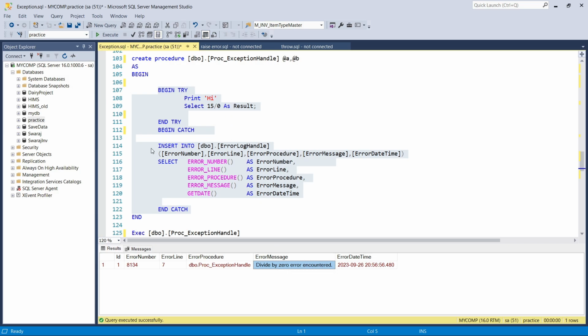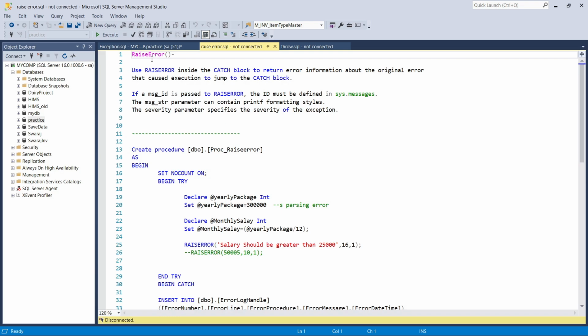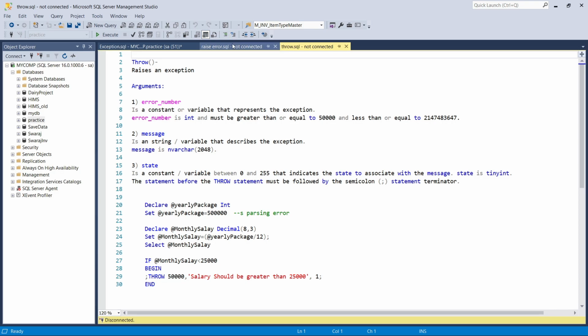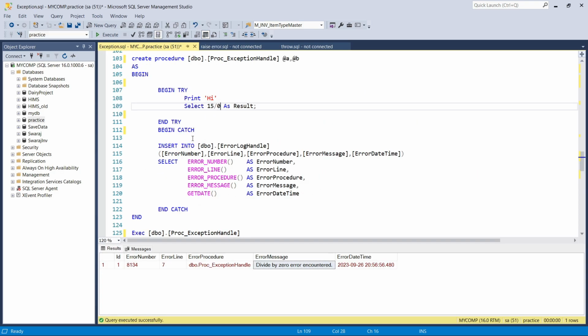So before that, we have to check if B, the divisor, meaning the second number, is 0, then we have to pass the control or we have to raise the error. So that's why RAISERROR or THROW comes into the picture. With the help of that we can raise different errors, whatever we want. And one more thing,